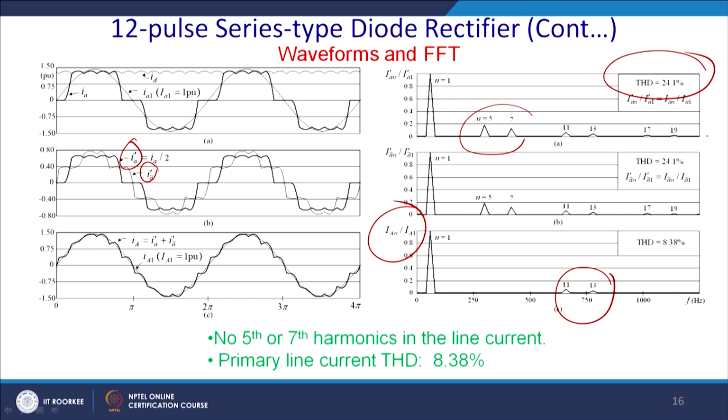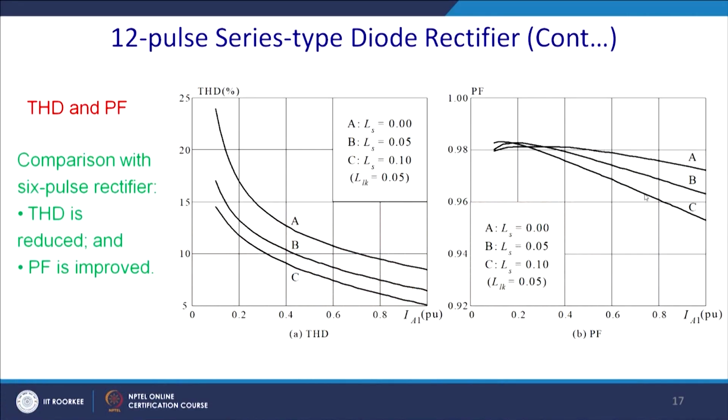So, THD in case of this delta part was 21% and the star part was 24%, but at the input side it gets reflected as only 8%. So, it is drastically reduced from the previous value. This is a great achievement from the power quality point of view, but you require to incorporate extra cost on the transformer. So, let us have a performance analysis, and you can have A, that is source inductance is